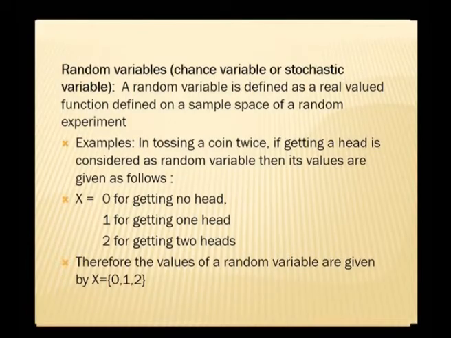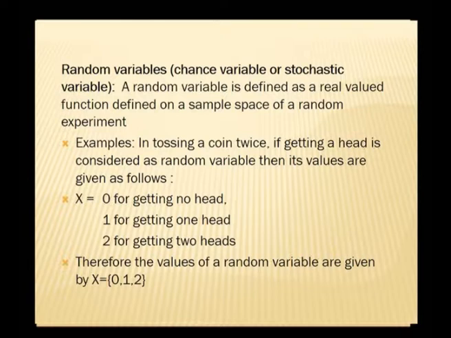Now, let us move to the second important concept of probability theory, that is random variables. See, a random variable is nothing but the real value which you give for the outcome of any random experiment. It is defined as a real valued function on the sample space of a random experiment. It is also called a chance variable or stochastic variable. In this, we explain the random variable concept by a simple problem.